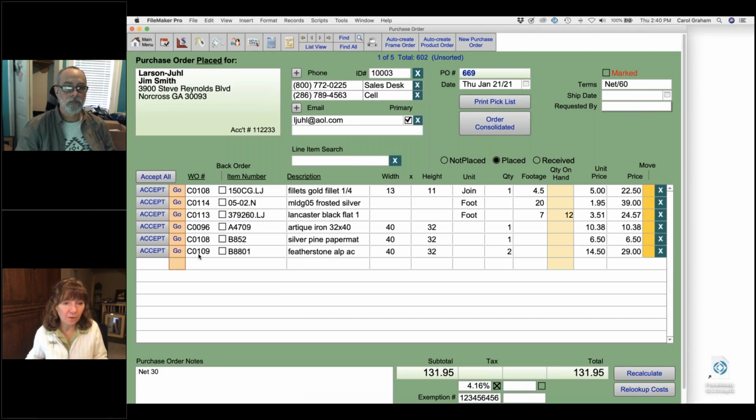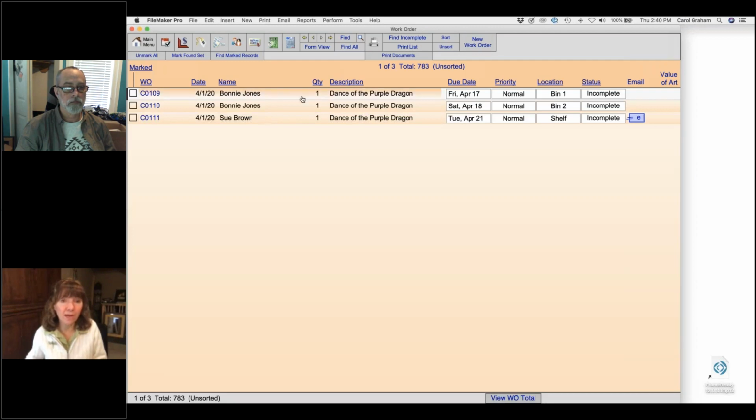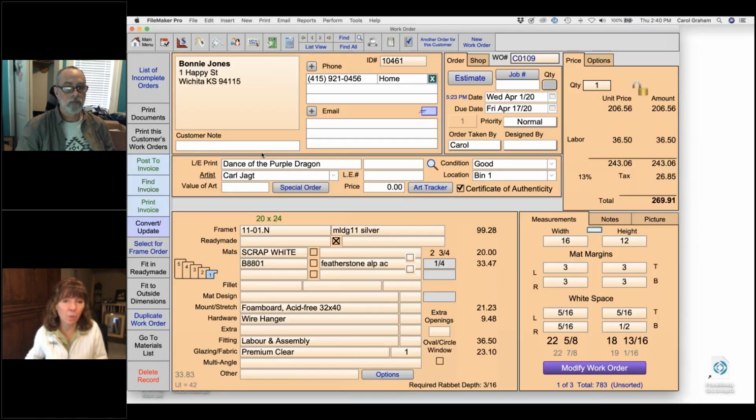But if you go over to the left-hand side of the screen and click on the work order number field, all of the work order numbers are still visible. And if you click the Go button on the left-hand side, it's going to go to all 3 of those work orders. So you can see all 3 of them. You can check to see, is that mat on there? Yes, it is. Check any other information you want,